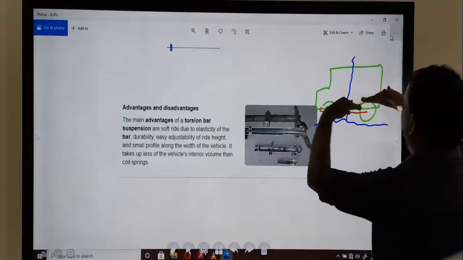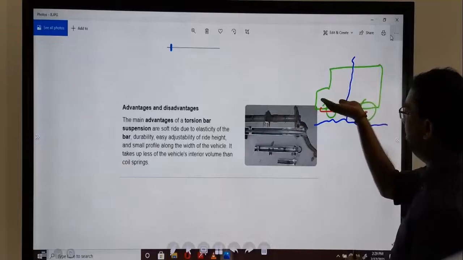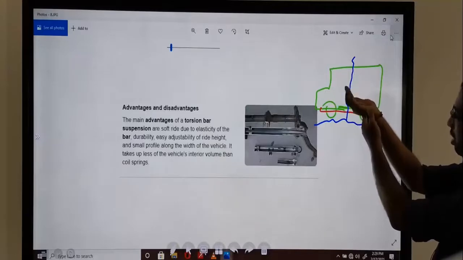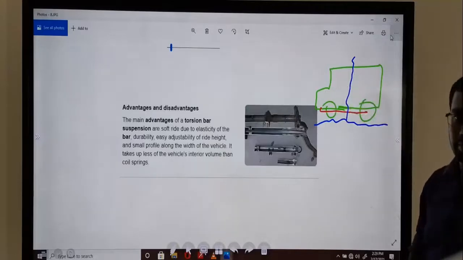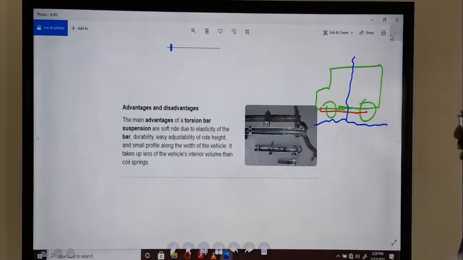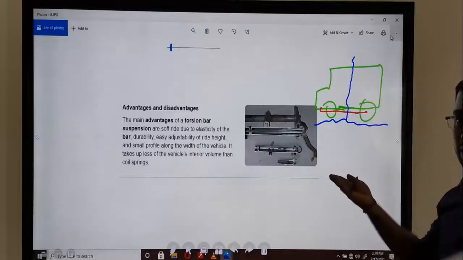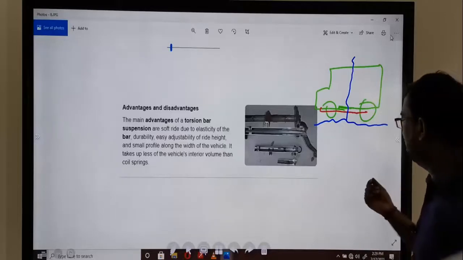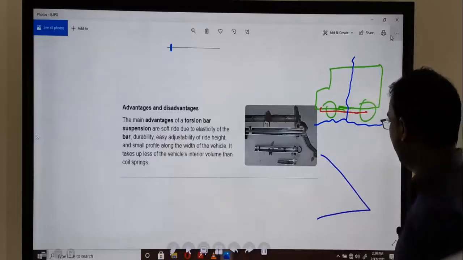Otherwise the vehicle cannot resist the weight, and sometimes it may bend because of this stress. So these parallel bars, two bars along the vehicle, reduce that kind of damage to the vehicle parts. Easy durability, easy adjustability. It is also a suspension part, and it is also used to adjust suspension ride height. That means it's a best example, like on a hill or mountain.